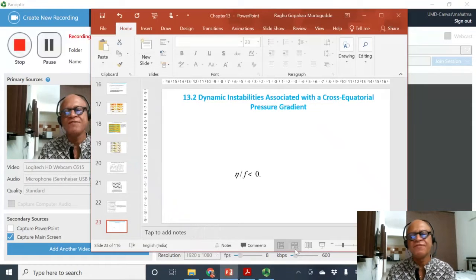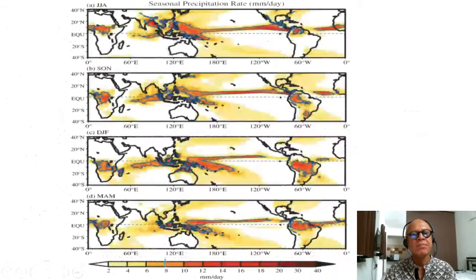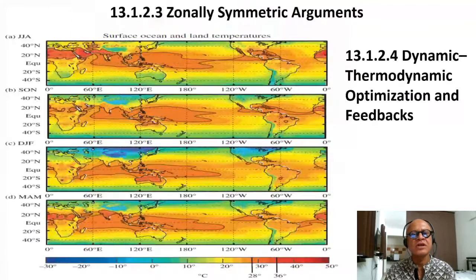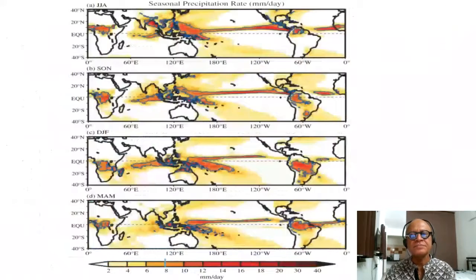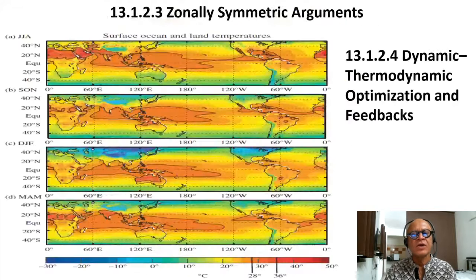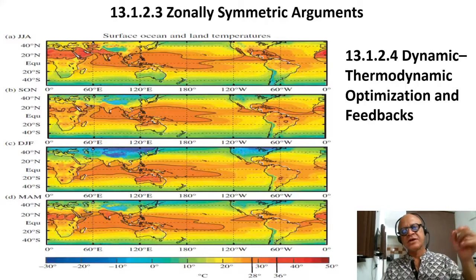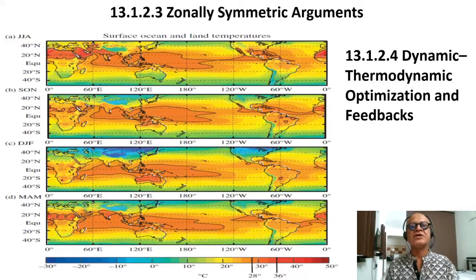Before we move to dynamic instabilities, I want to mention my dear friend Dwayne Walliser's work as well in the instabilities, or the ideas of how zonally symmetric arguments and dynamic thermodynamic optimizations and feedbacks can be explained in a slightly different fashion. So if there is convergence that is maximum off the equator, then the argument by Walliser and Somerville, I think it's also a 1994